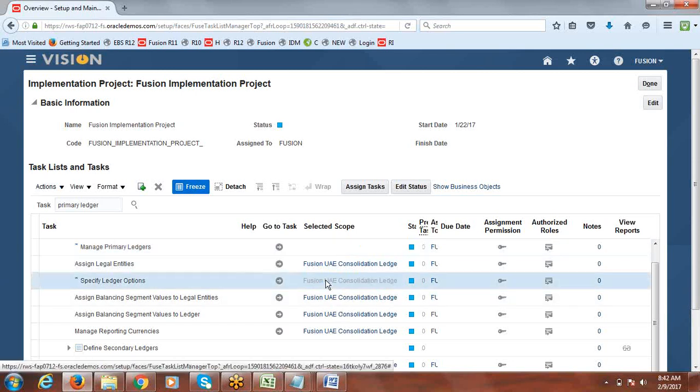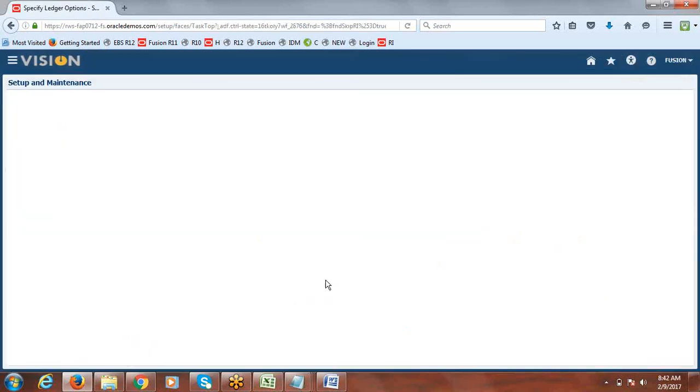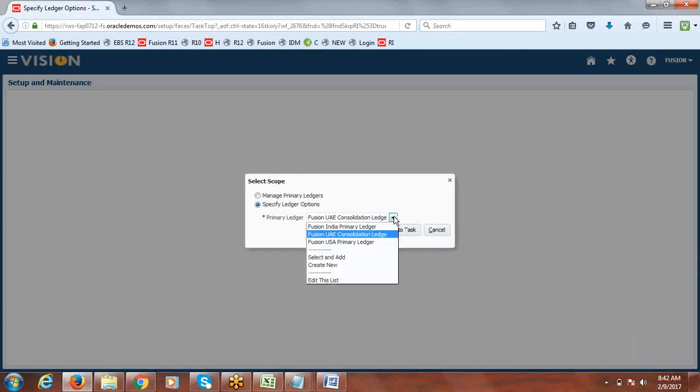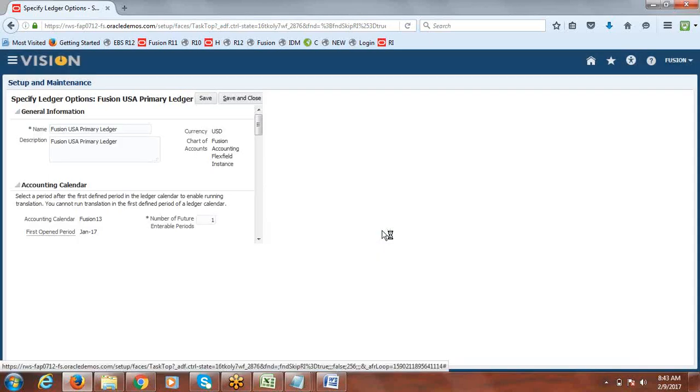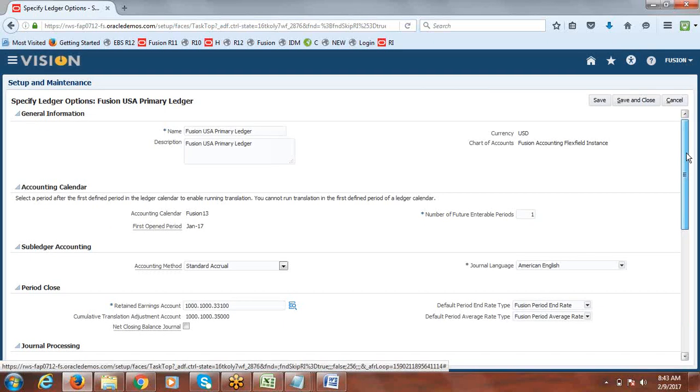So go to specify ledger options. Here select your subsidiary ledger, that is Fusion USA primary ledger. Against this only we did the translation, the process of consolidation. That's what we are selecting, but that always refers to this ledger only.